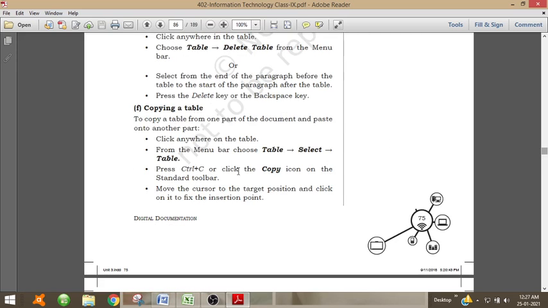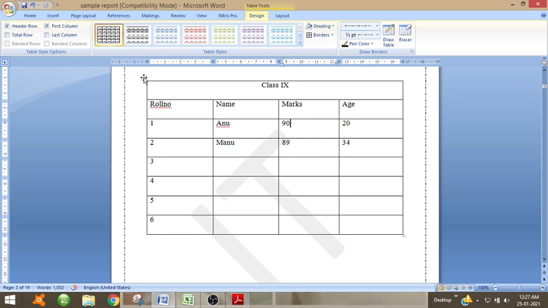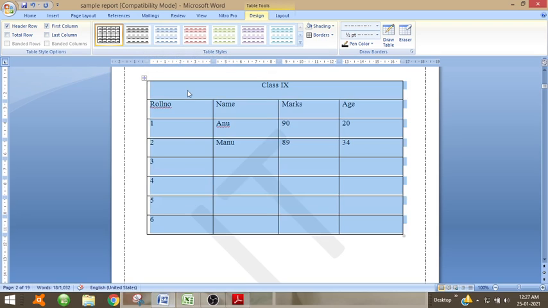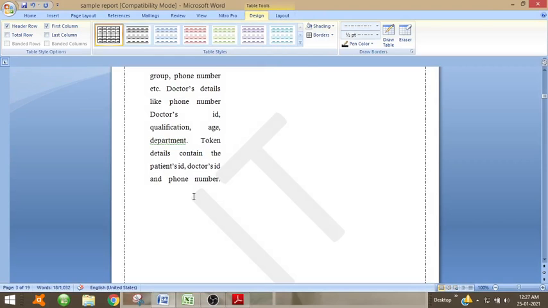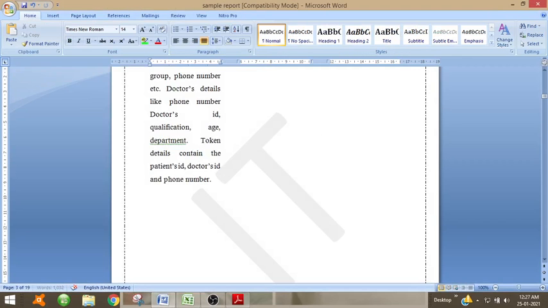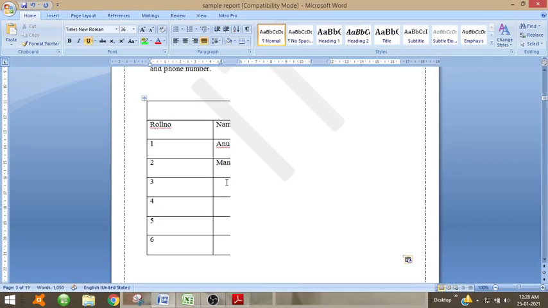Now if you want to copy a table from one part of the document and paste it into another, click here, then right click, then copy. Then if you want to paste it somewhere else, it will be pasted here.